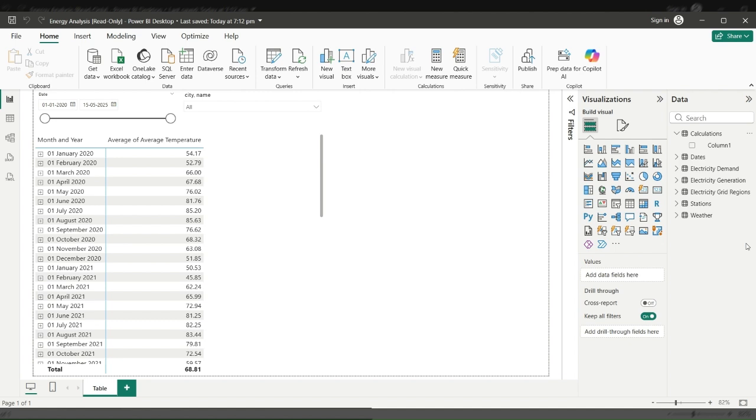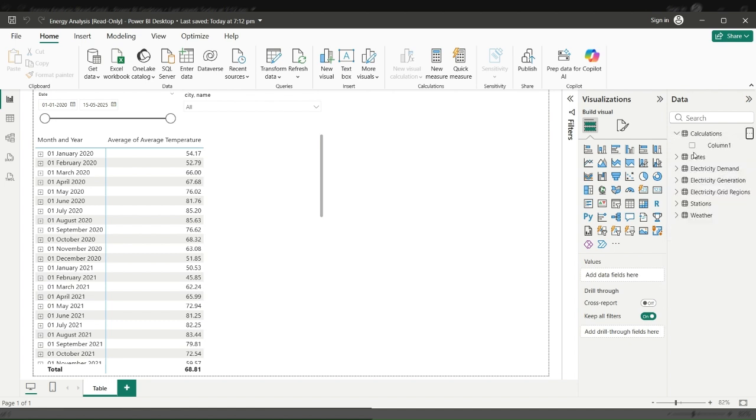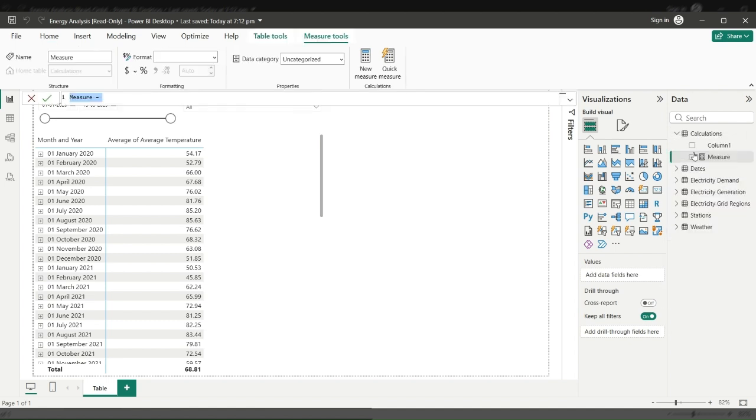We'll create a new measure, and we'll name it Average Temperature in Fahrenheit, equal to